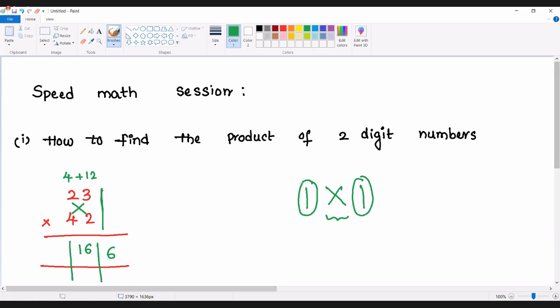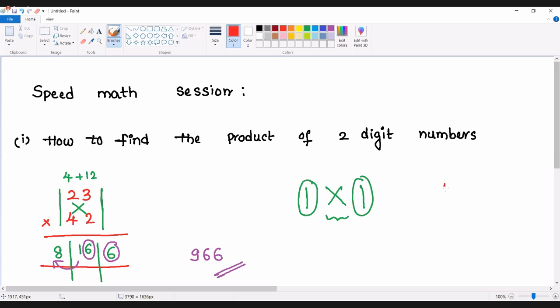Then again go with I. I indicates the product of your tens digits. 4 into 2 gives a result of 8. So with that, our answer is not over. After doing IXI, we are using a slash mark here just for convenience. After doing this operation, do remember, always take the last digit. Send the remaining thing as carry to the next number. So 8 plus 1 is equal to 9. Answer is 966.